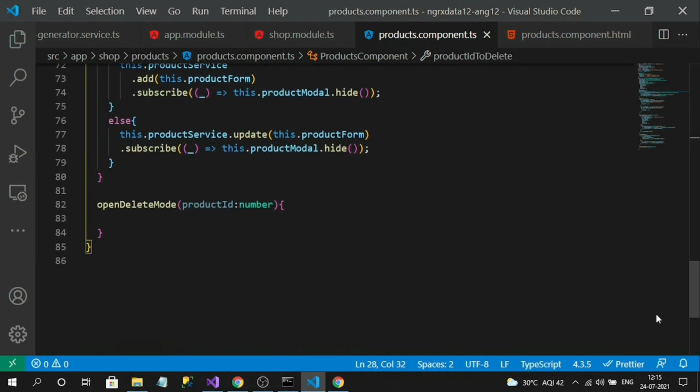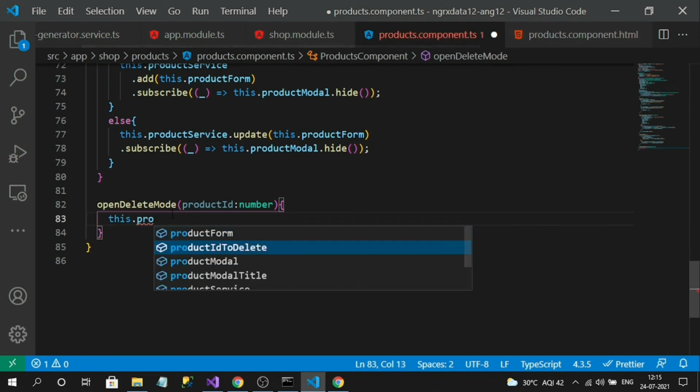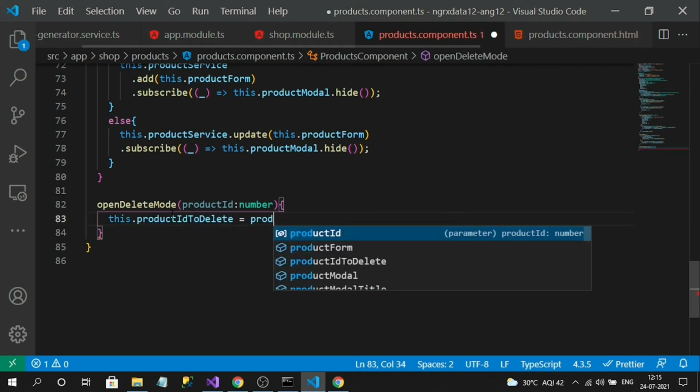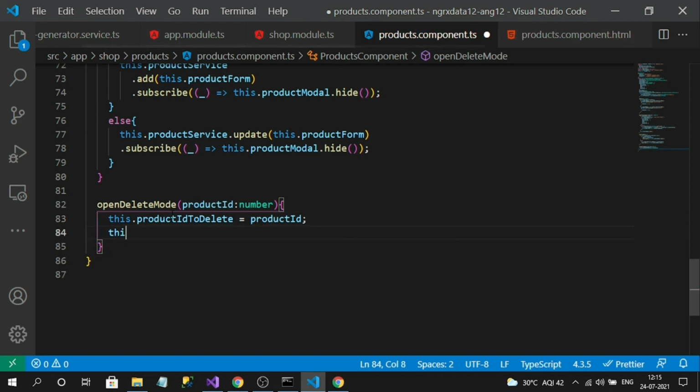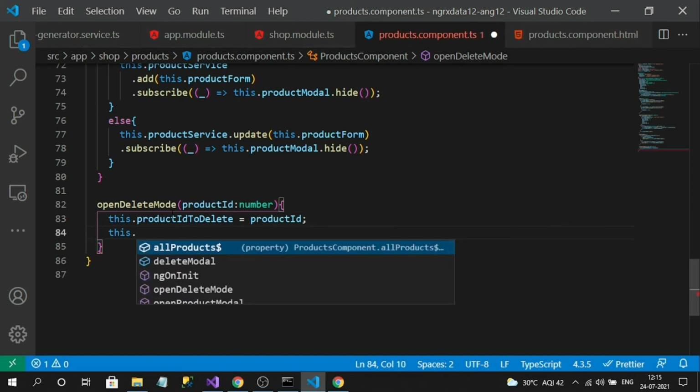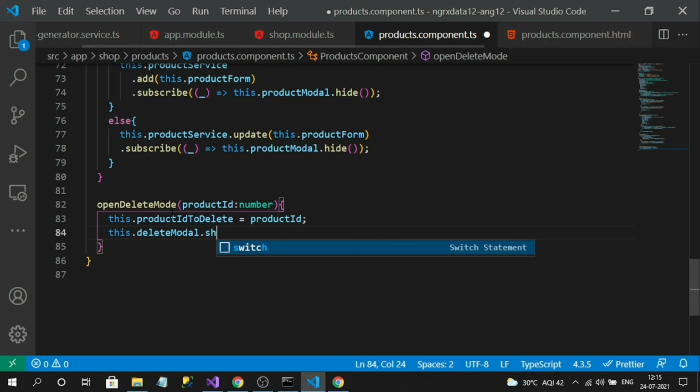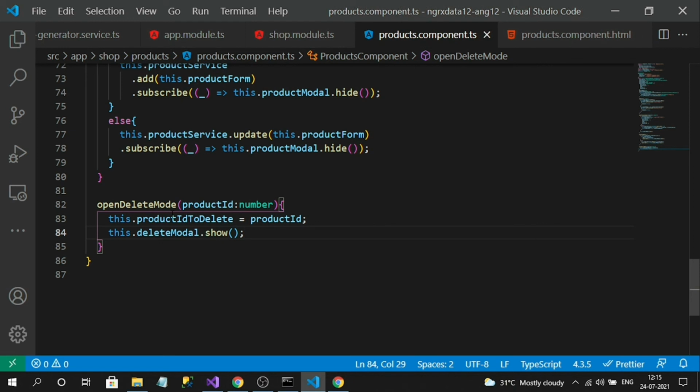Okay, so here just assign to that value, start product ID. Now let's open the delete model dot show. Okay, and also on confirming, we must delete, right? So for that,